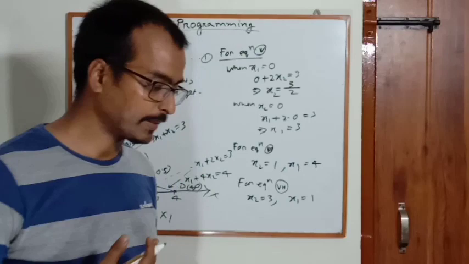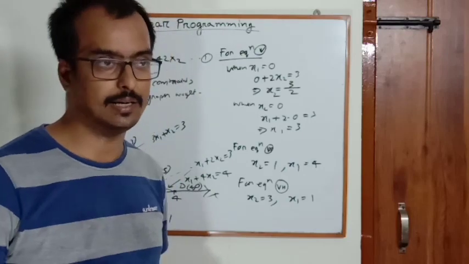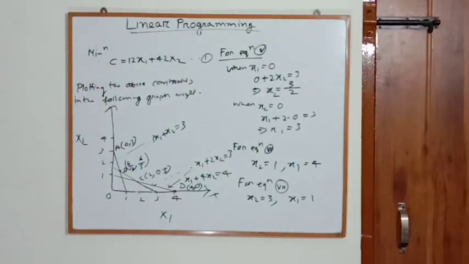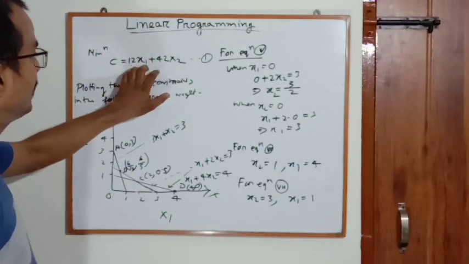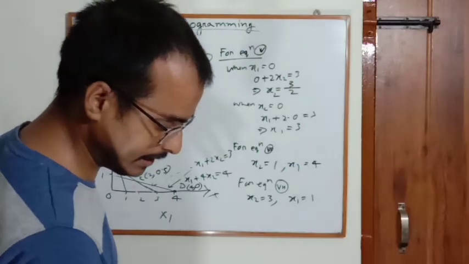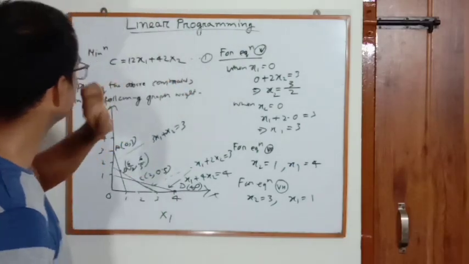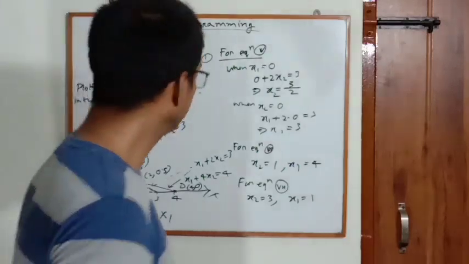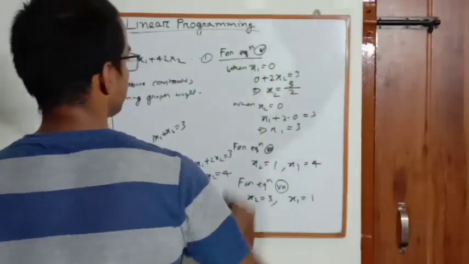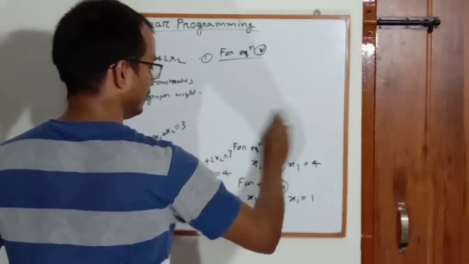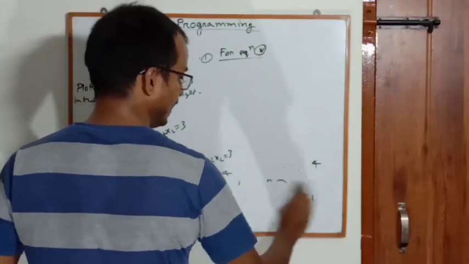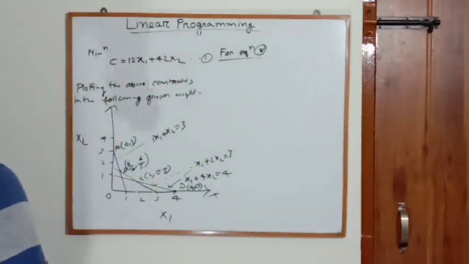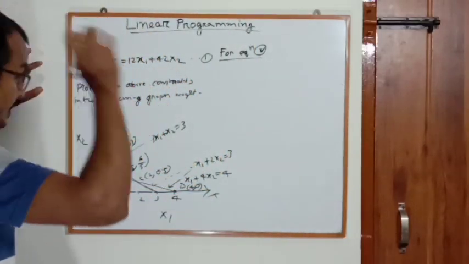Now, as I said, I don't prefer that method. The second method is finding the slope. So what you can do is find the slope of your cost function. I can erase this. I have done these things in detail in my last class, so I am just doing it in short.